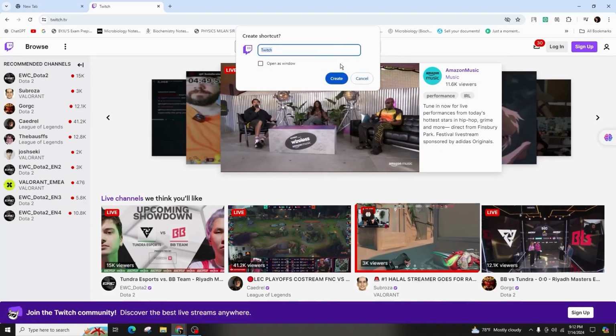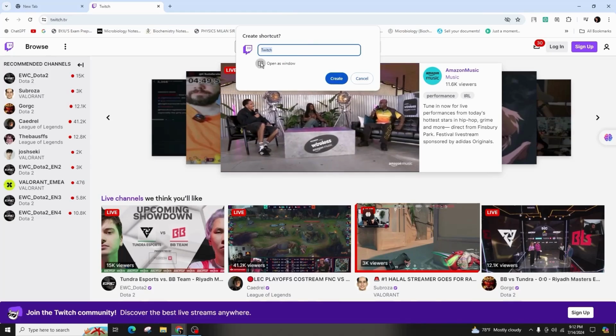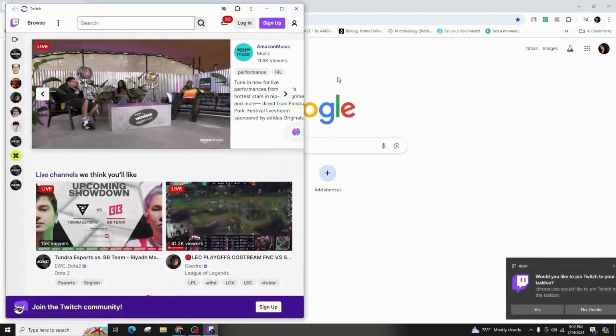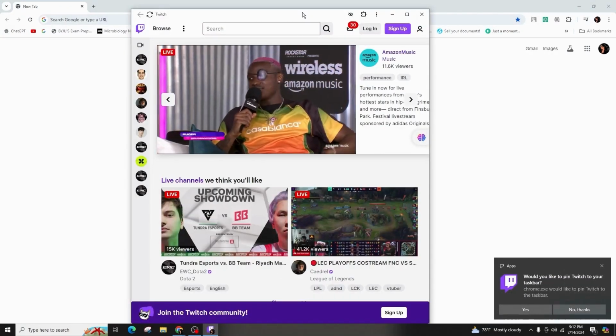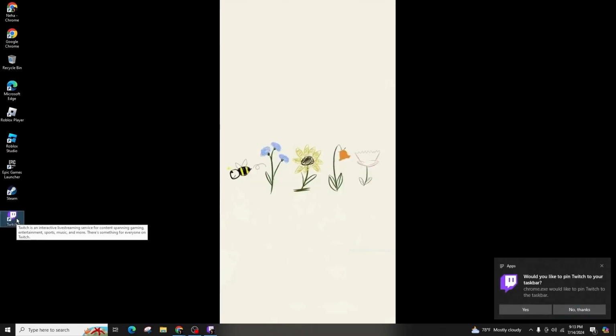A dialog box will appear on your screen, allowing you to customize the shortcut's name if you wish. Now tick this box of Open as a window and then click on Create button. Now in no time, you will witness a preview of the shortcut you've just created. Now when you navigate back to your desktop, a convenient Twitch shortcut will be waiting for you, ready to launch